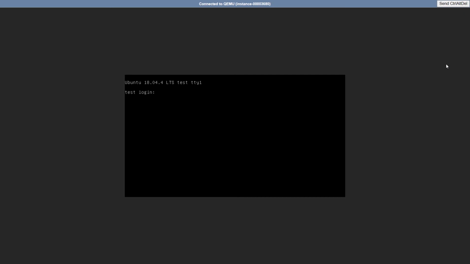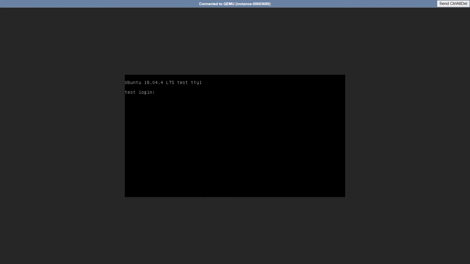Information about it you can find in the video tutorial named Establishing Connection with a Virtual Machine. Now let's take a closer look at my virtual machine test. This is a Linux virtual machine with an Ubuntu image, and when it was created, I provided both the SSH key and the root password. So if I want to log in to my instance and start the web console, I just